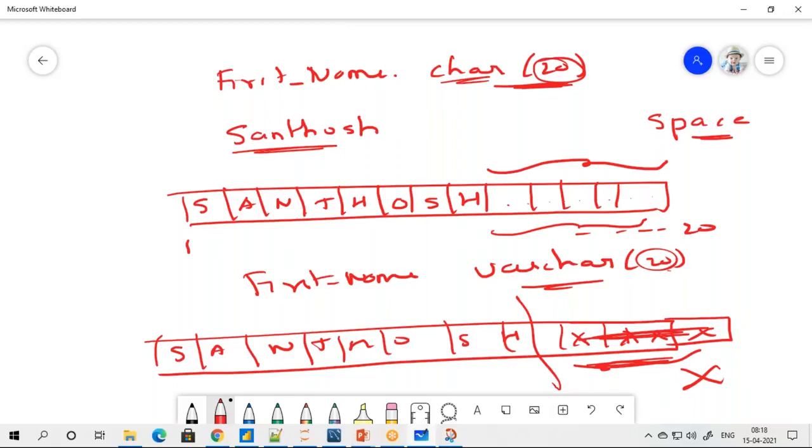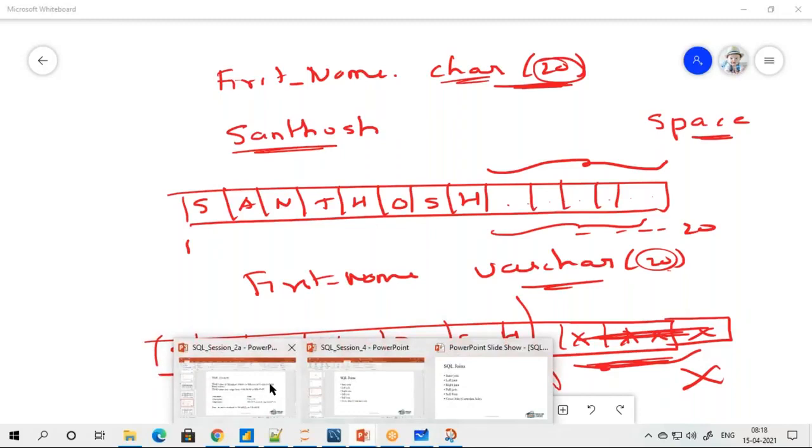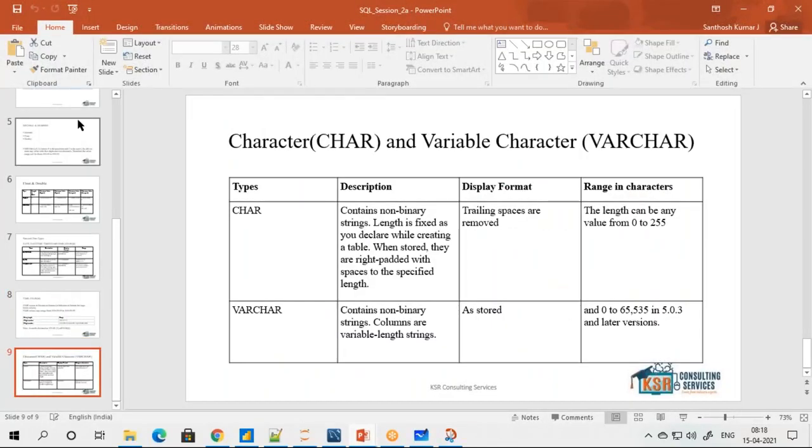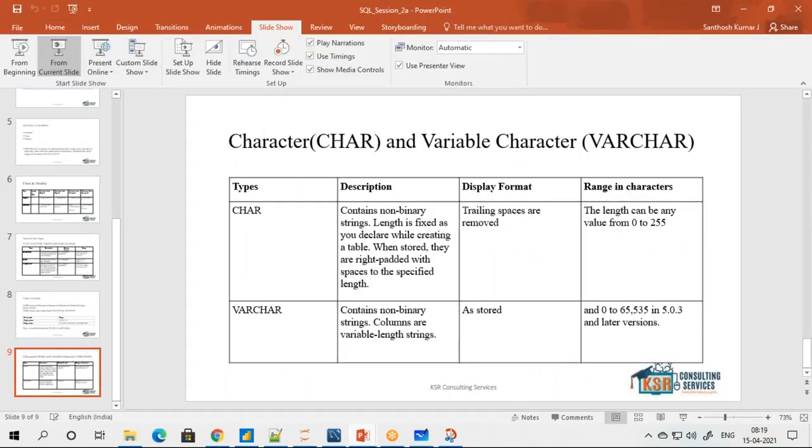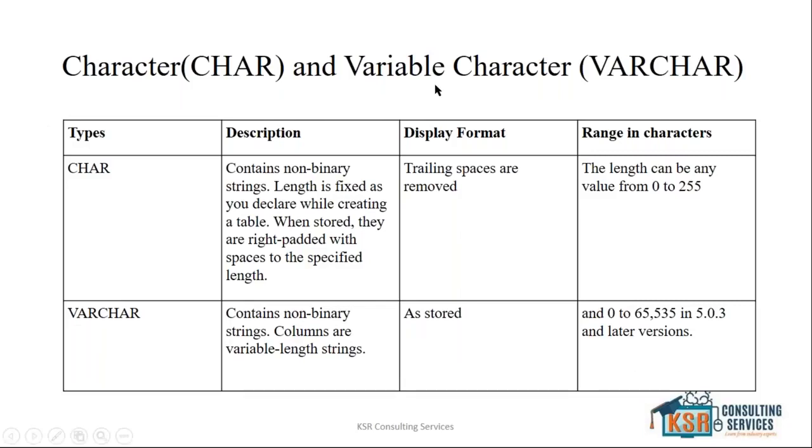This is one data type that we are going to see here. That data type is char and varchar. Whatever I've explained, it is what it's going to be having. But the maximum you can store with char is 255 characters. But if you go for varchar, you can store up to